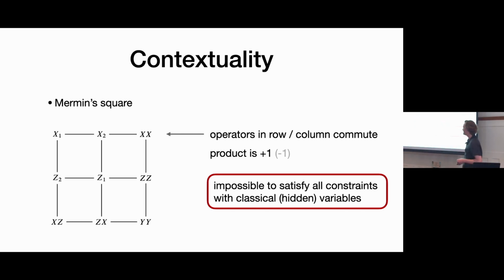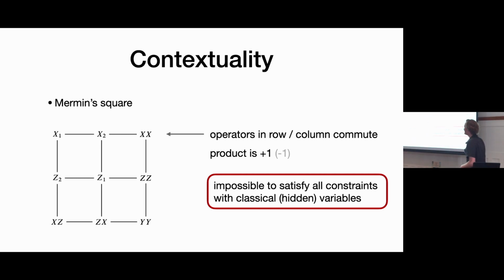Okay, and the neat little trick of this game is you've set up this kind of Sudoku that's impossible to classically satisfy, but you can quantumly satisfy it. So quantumly, all these constraints will be satisfied, but classically, if you put in binary variables that have to satisfy these constraints, they'll never be able to satisfy all of them. The easy way to see that is that if you multiply all the row and column constraints, there's a single minus 1. So the product of a bunch of plus 1s with a minus 1 gives you minus 1.